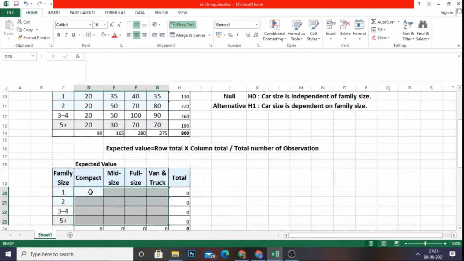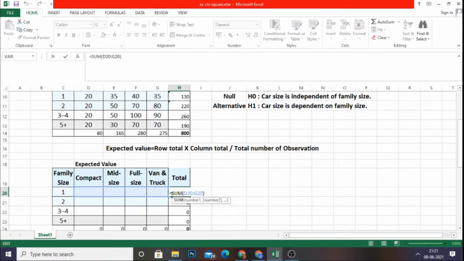What I'm going to do, I'm going to select this particular row total. Okay, just going with equal to, select this, give enter, right? Same thing you're going to follow in each and every row.